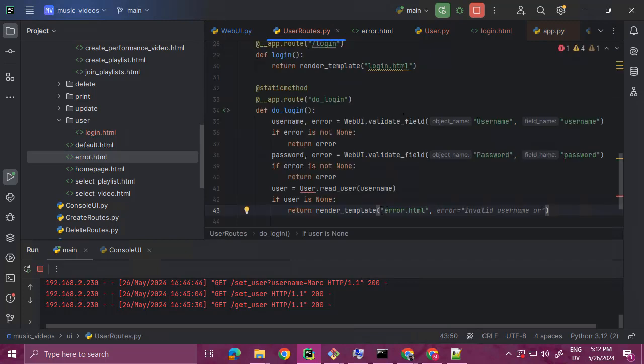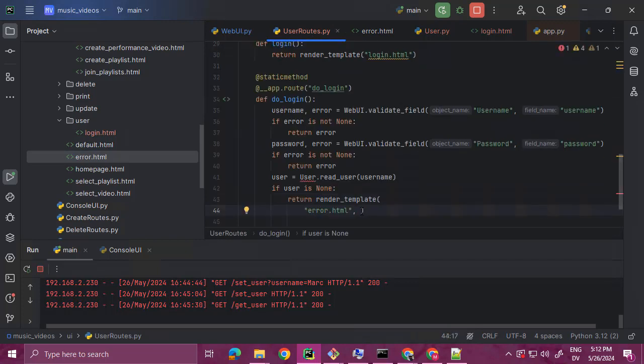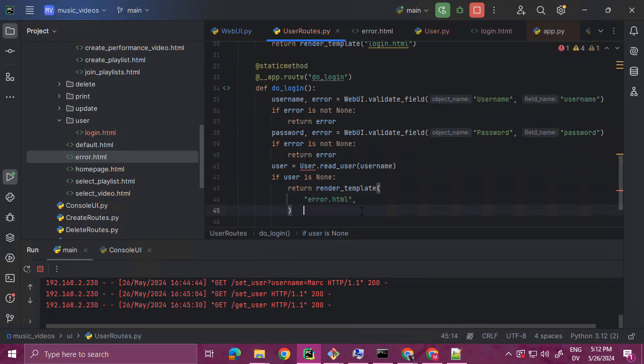So this is going to be too long for one line. So message header is login failed, and then